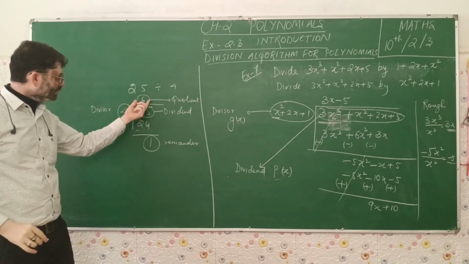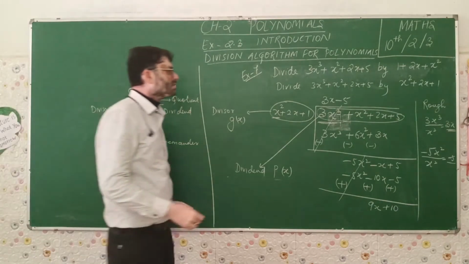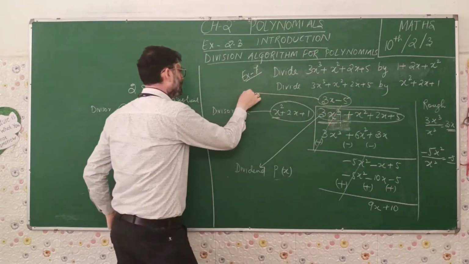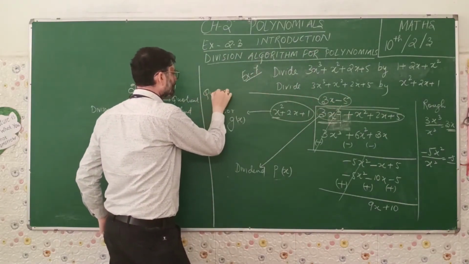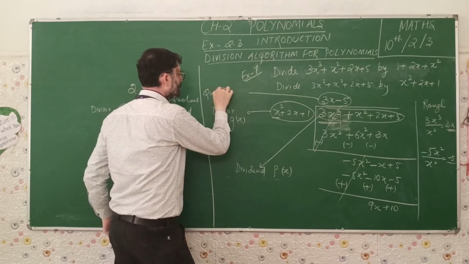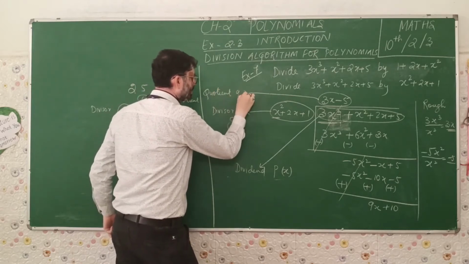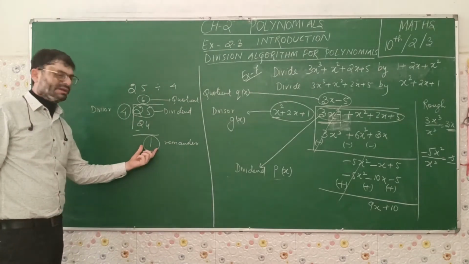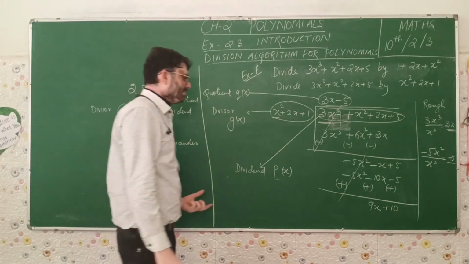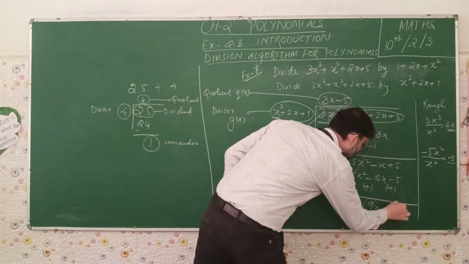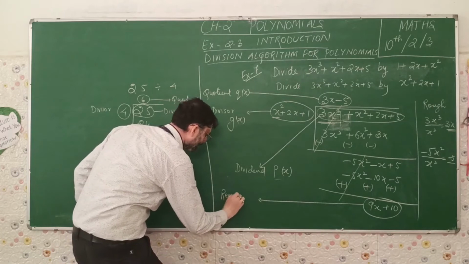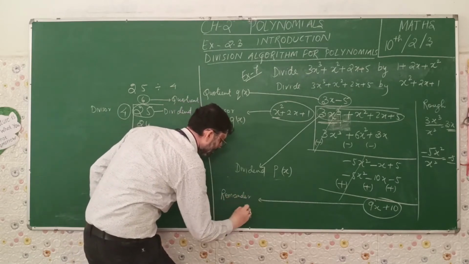The answer that we are getting is considered to be our quotient, given by the polynomial, say, q of x, and the remainder that was left out at the end of the division process, here also, is considered to be the remainder, say, given by